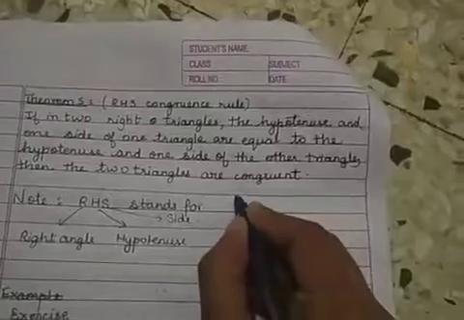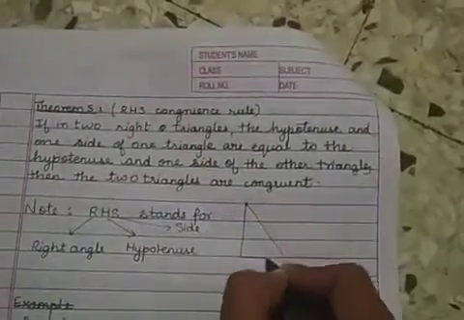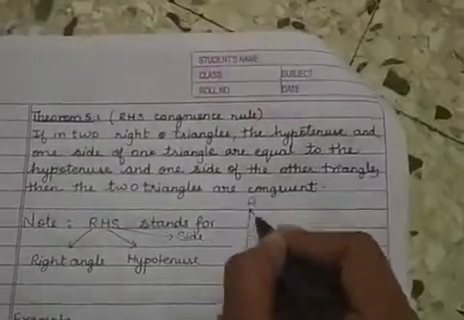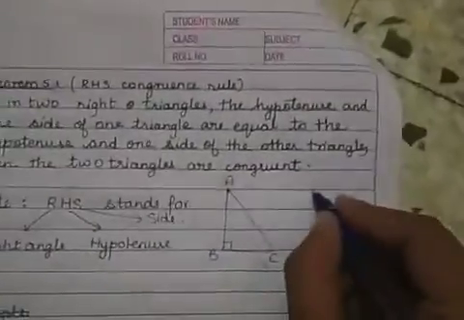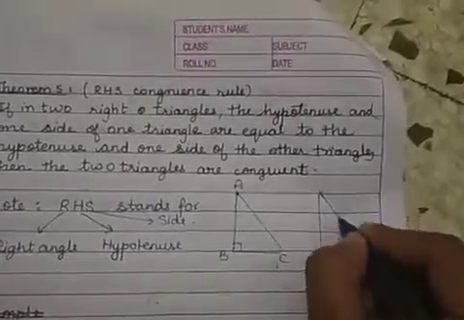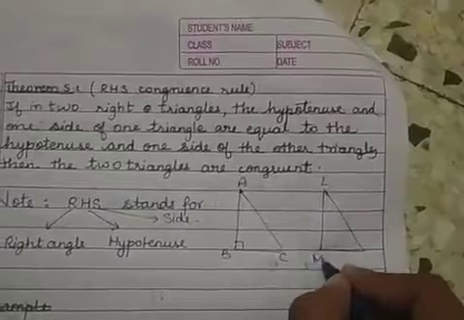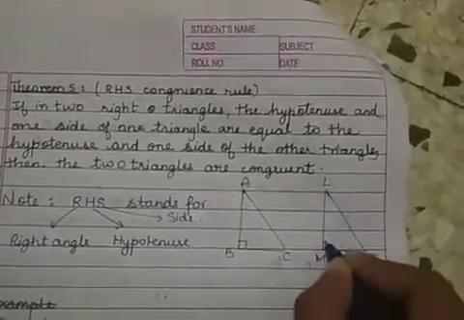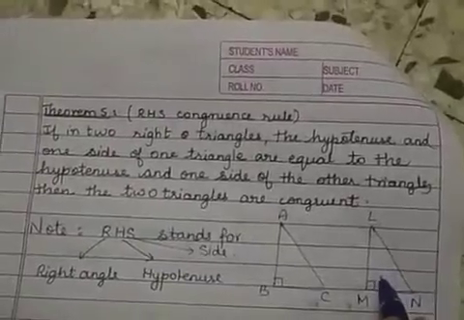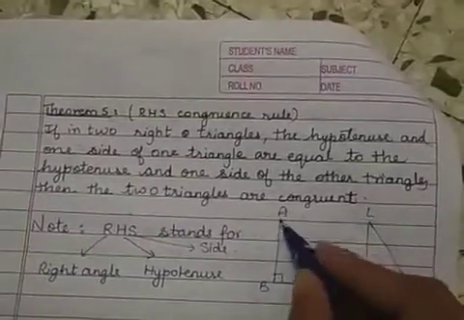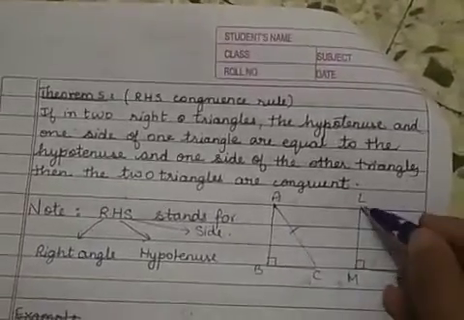So suppose you have two right angled triangles. Let us take triangle ABC, which is right angled at B, and triangle, say, LMN. You can take any triangle which is right angled at M. So you have two right angled triangles, and suppose the hypotenuse of this triangle, which is AC, is equal to